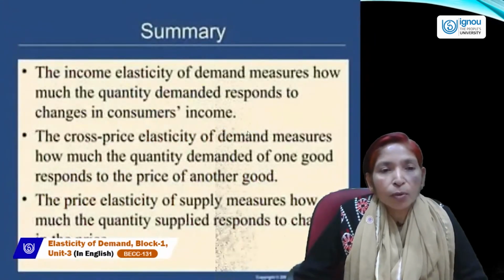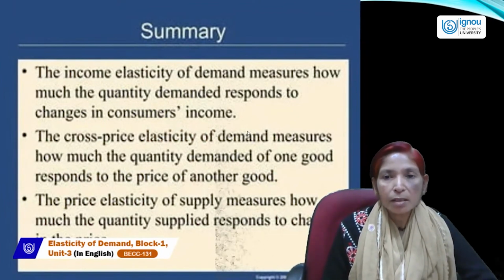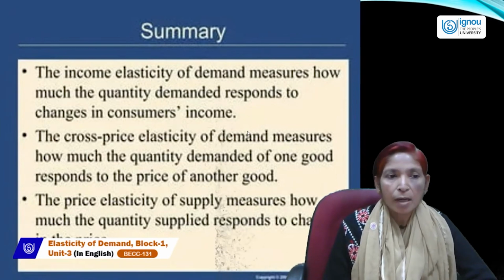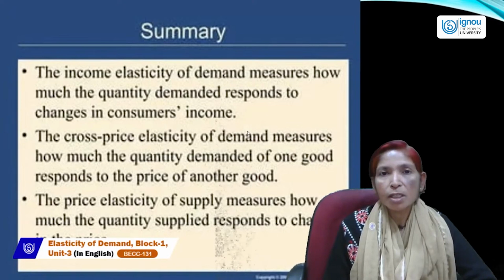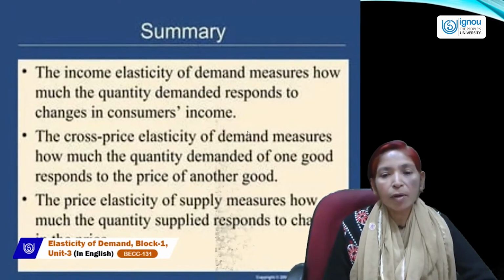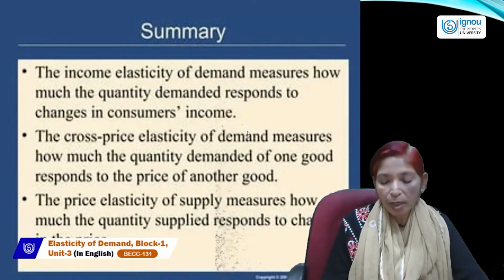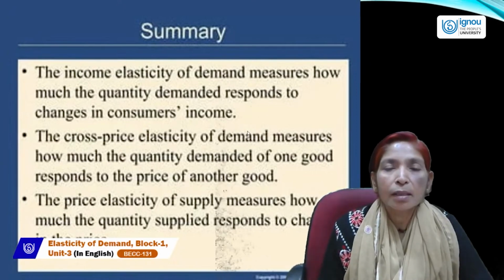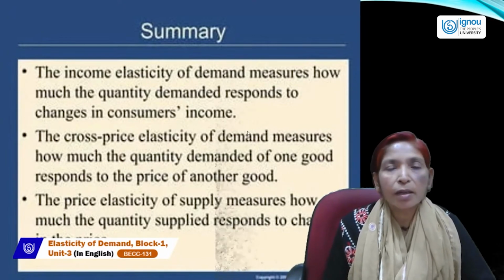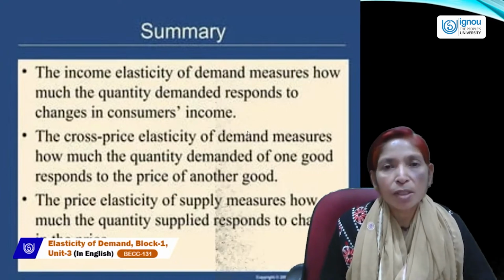Now we can conclude from today's session that we have discussed all types of elasticity of demand, like income elasticity of demand. It measures how much the quantity demanded responds to change in consumer's income. Cross elasticity of demand measures how much change in quantity demanded of one good responds to the price of another good. And price elasticity of demand measures how much quantity demanded changes due to change in price of the product. So we have discussed all the concepts of elasticity of demand and its various degrees and its determinant factors. In next session, we will discuss another topic,